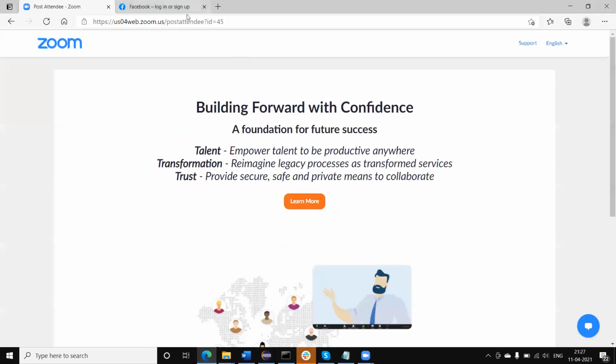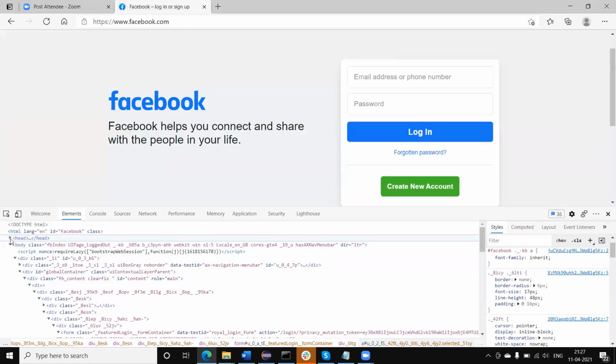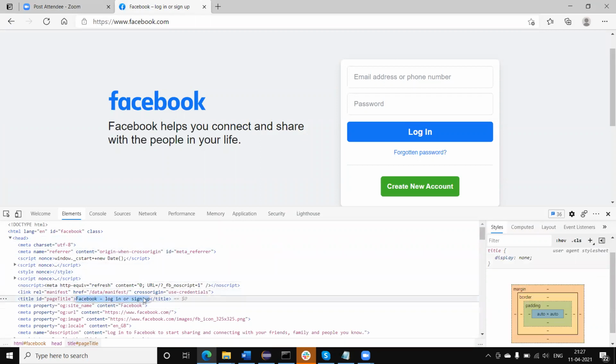If I go here, what is the title? If you come in the head, you will get the title here, Facebook. The title you can also see on the top of the browser, Facebook login or sign in. So this is the title.